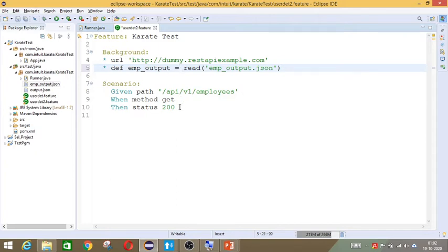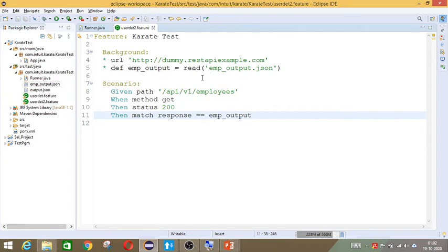Okay, then here after status equal to 200, we are going to say match response. Response is nothing but whatever response you are getting as an output from the JSON, that will be available in the variable response. So we will match it with emp_output, because emp_output is the entire value that is available in the JSON which we currently have.